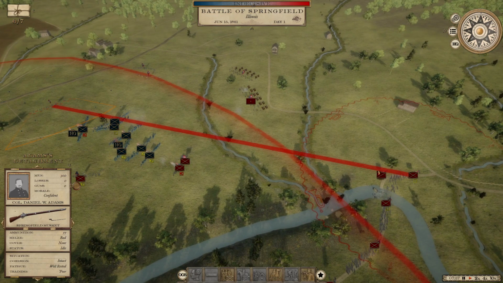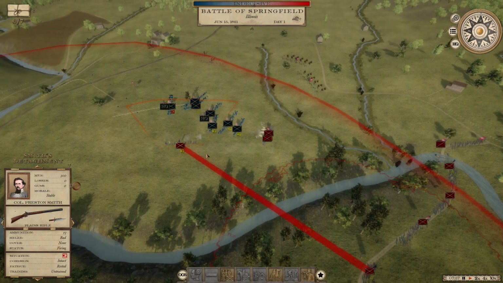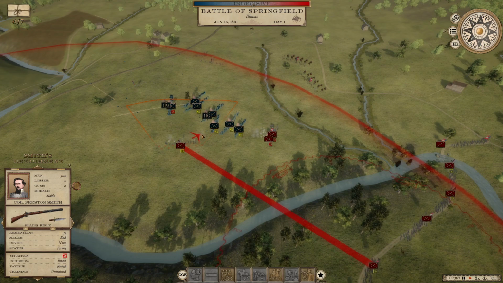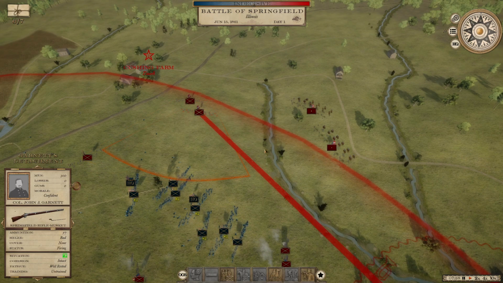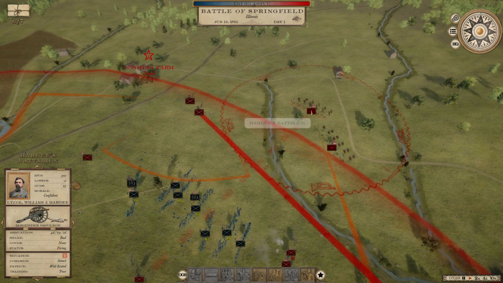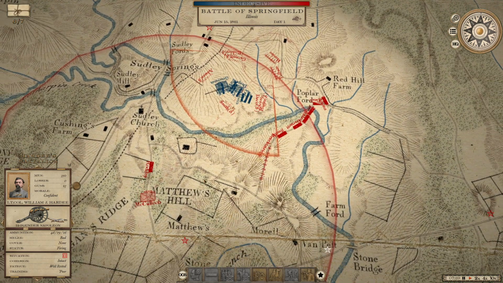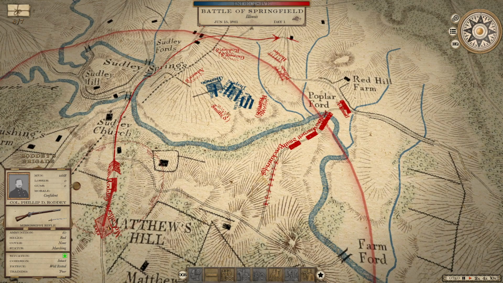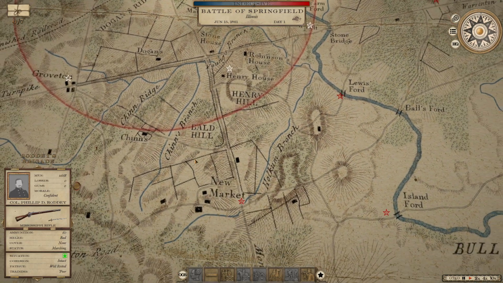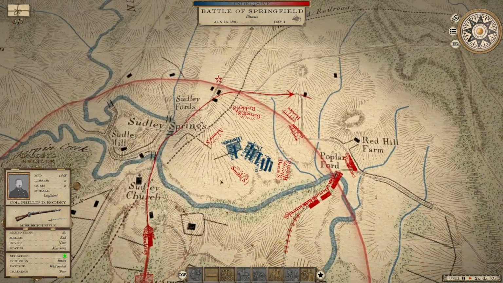These guys look like they're going to have a way back, or a way out. They're not going to get cornered in the water. So that's good. I forgot any units. I had no idea that was their path. I thought everyone was going up this road toward Poplar Ford. Oh well. Alright, doesn't look like we have any stragglers, so...